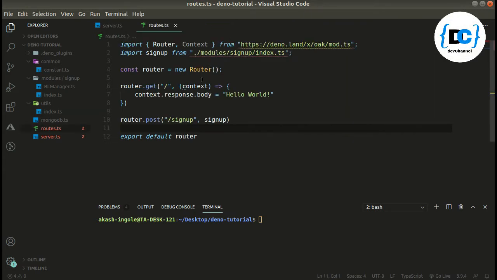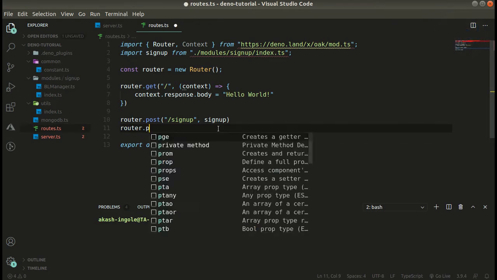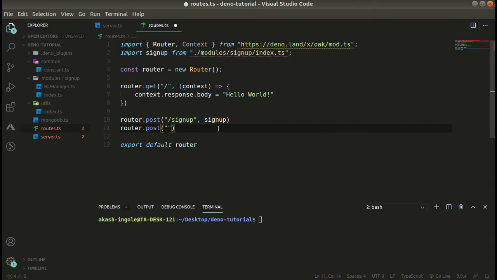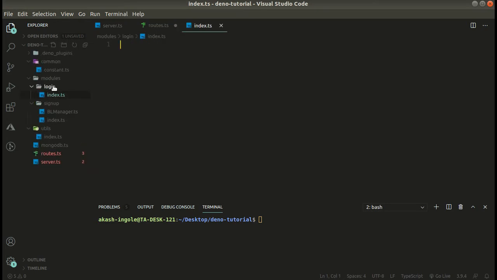So cool. Now let's add another route that we want, and that is router.post. It will be login. Now let's make the same for the login folder, our controller, and manager file.